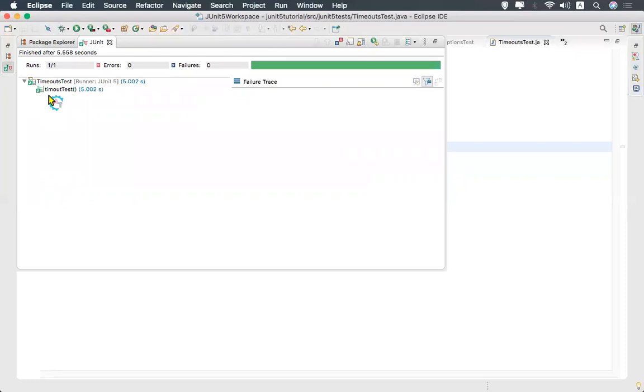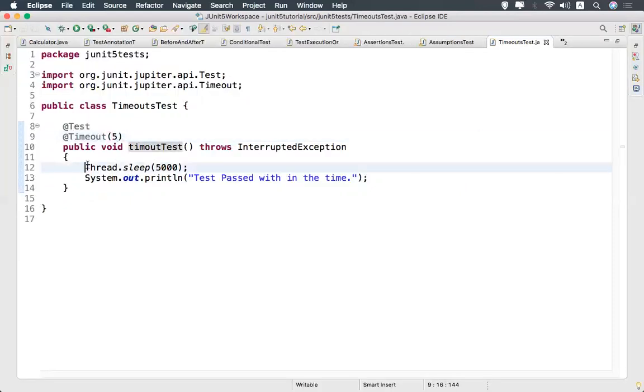So this is the advantage: when you expect a method to be executed within a specified time, you can mention the timeout annotation. If it is not executing within the time mentioned in the annotation, obviously my test case will fail.